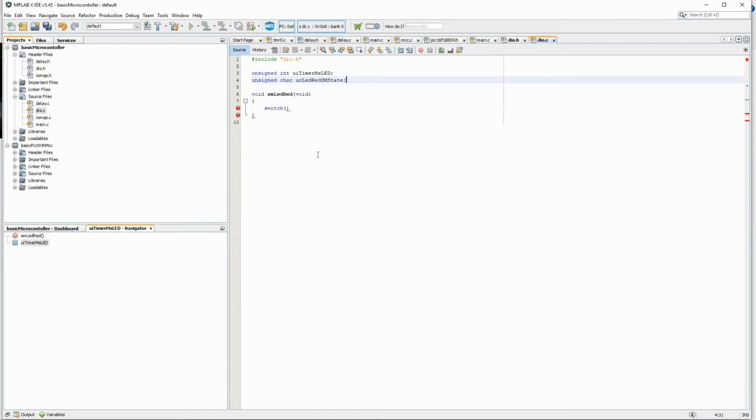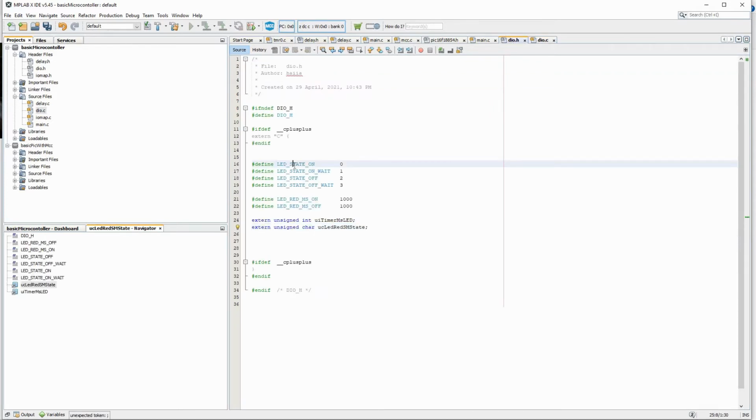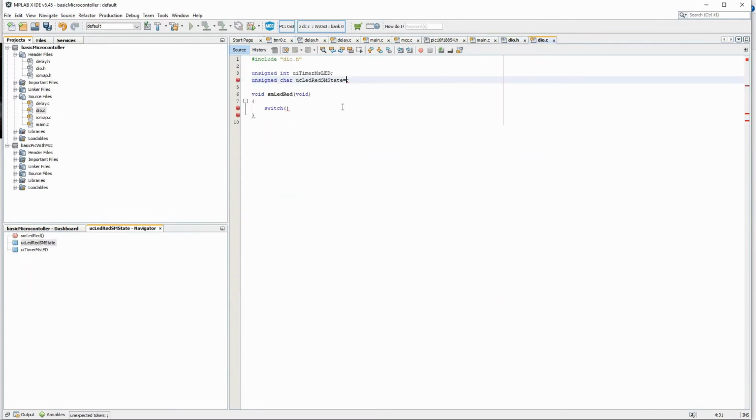So you understand why I am writing this, and I have to initially put it to LED state on. Okay, now this is a switch statement. Switch is also similar to else if, you can do that, but this is a better approach. And for switch you need